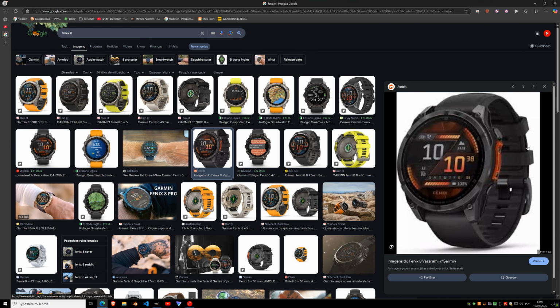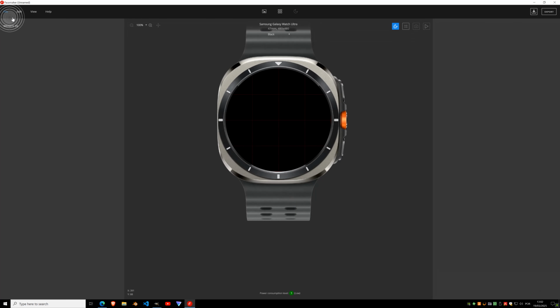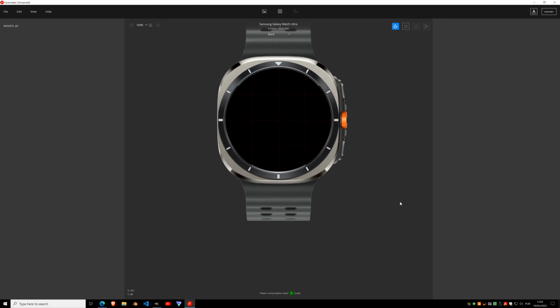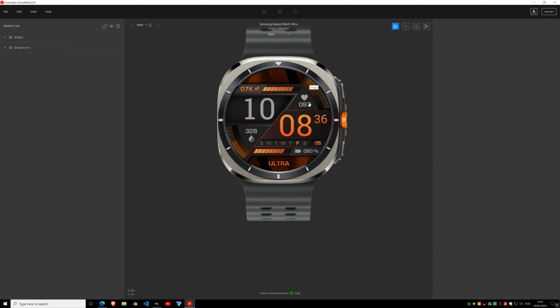Okay, first I thought about building this one. And by the way, I have built it. Let me show you here. So open, and there you go. It's this one. I made it for Wear OS, and as you can see, it's working perfectly. But this will take too long. I need a watch face that I can build in an hour or so, and this took me around 2.5 hours to build